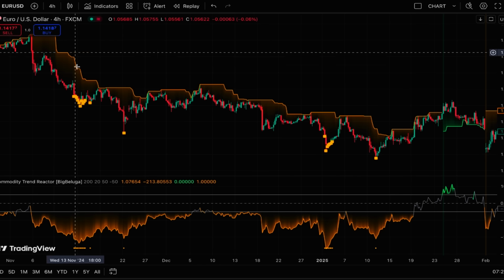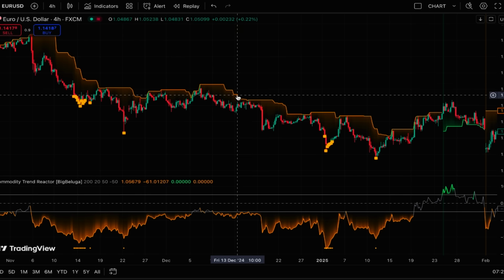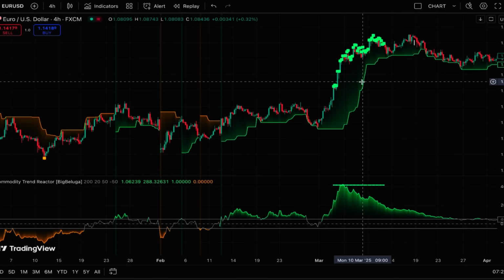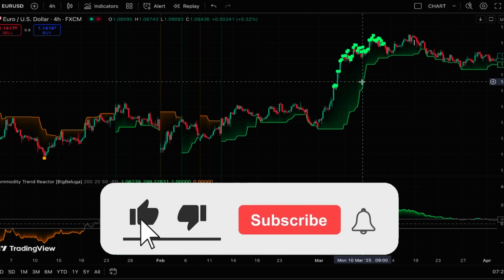When the line is above the price and the color is orange, it tells us that the market is in a downtrend, so we should look for short position opportunities, and in times that the line is below the price and the color is green, it tells us that the market is in an uptrend, so we should look for